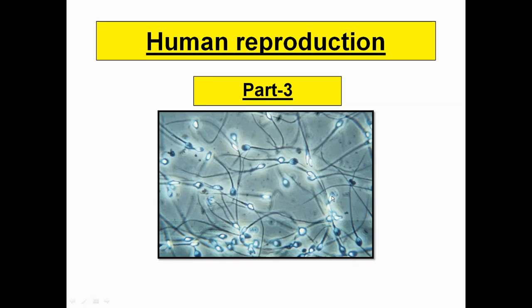Good morning, students. We are going to continue with chapter 3 of NCERT, that is human reproduction. Students, in this presentation, we are going to deal with spermatogenesis. This topic is very, very important from the CBSE point of view. You can't afford to skip even the minute detail of this segment. So, watch the presentation very diligently.